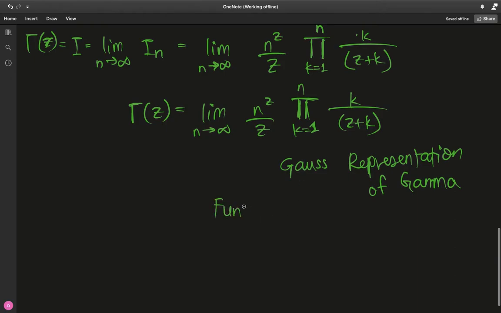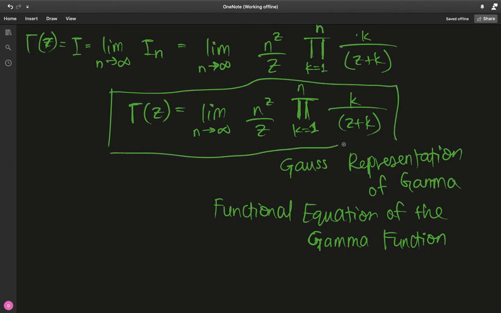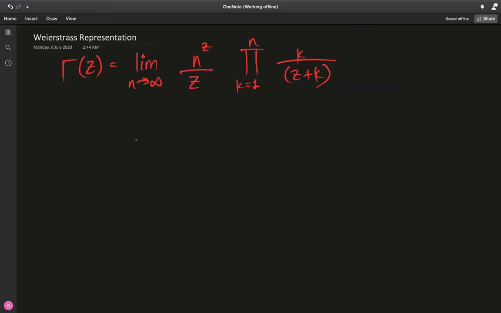You can also call this the functional equation of the gamma function. Whatever floats your boat, but this is what we proved through the entire process. So now if we want to prove the Weierstrass representation of the gamma function, it's actually pretty sequential. So what we do is we use the functional equation